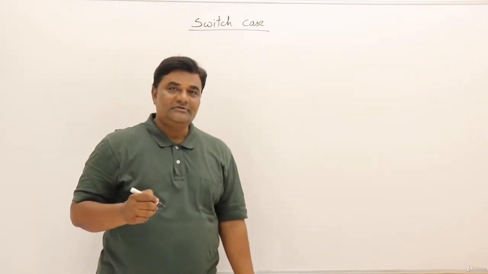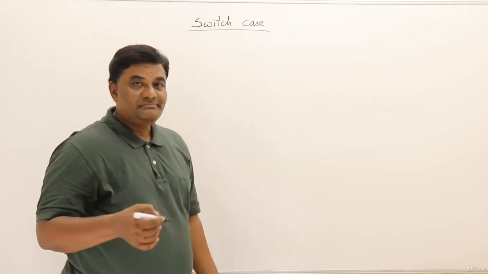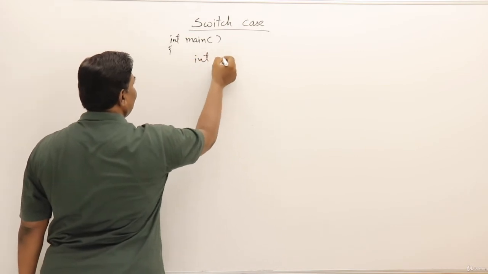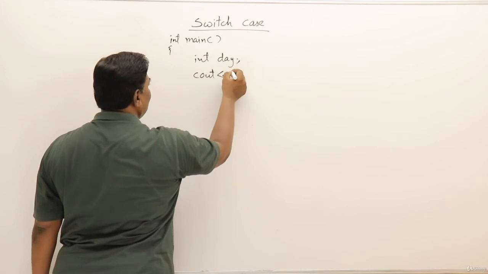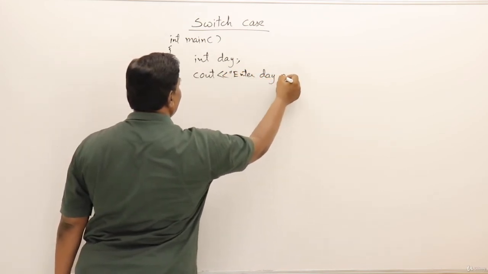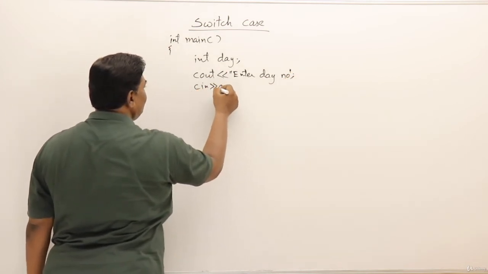Let us look at an example using switch case. I will write a program to take a day number and display the day name. Main, here I will take a variable day and cout, enter day number, cin day,